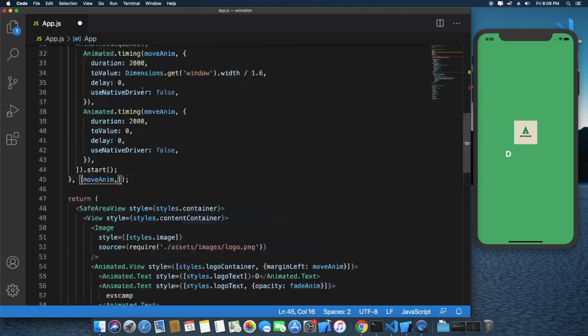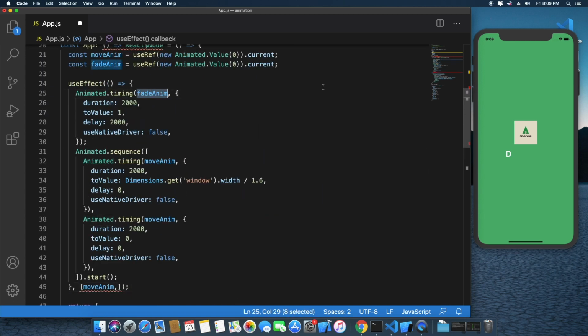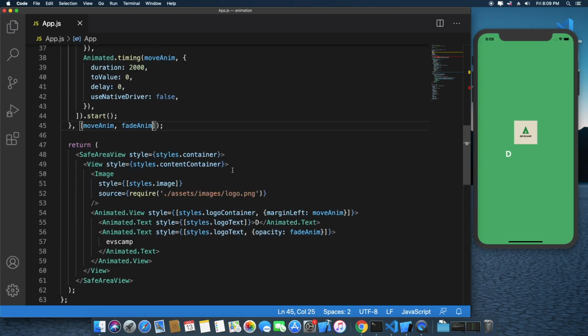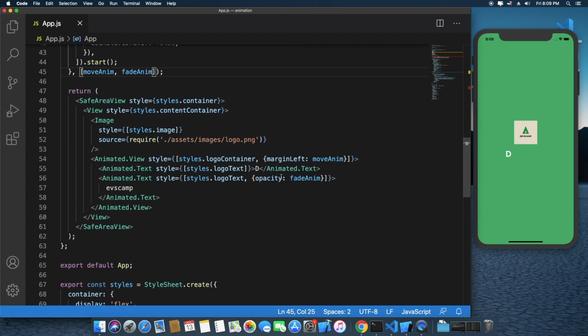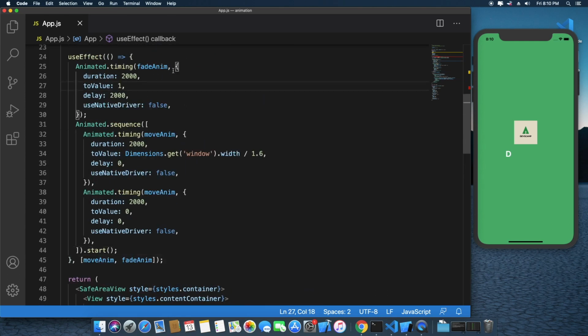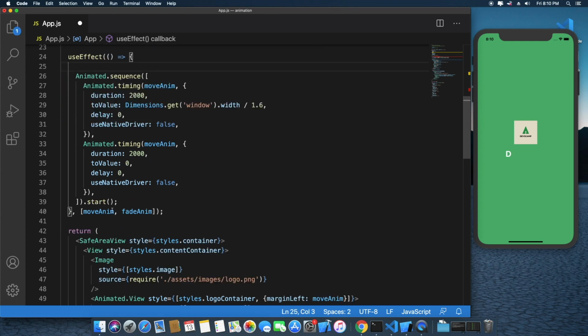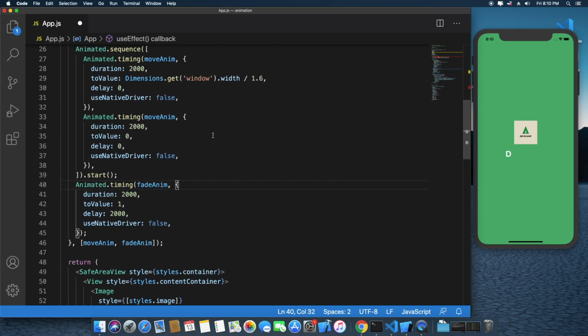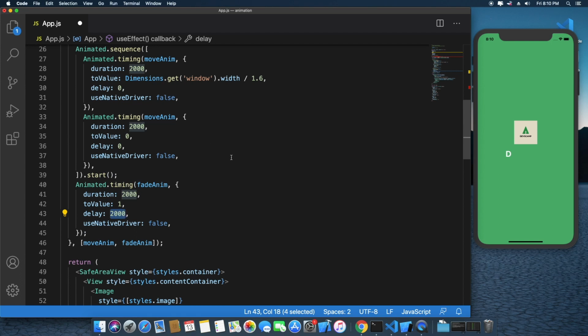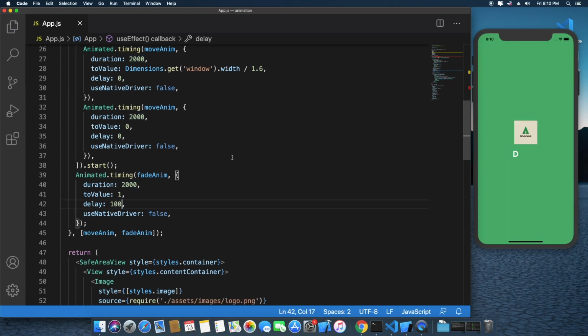Opacity fadeAnim. Okay, 0, delay is 2000. We'll try by giving a delay of 100.